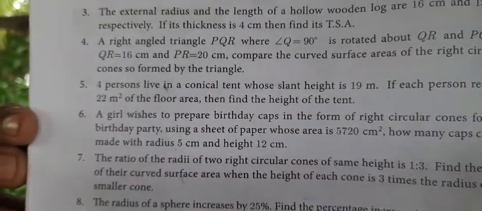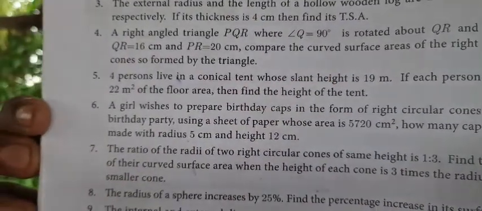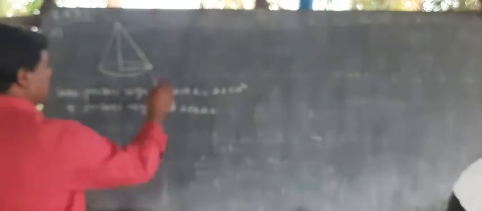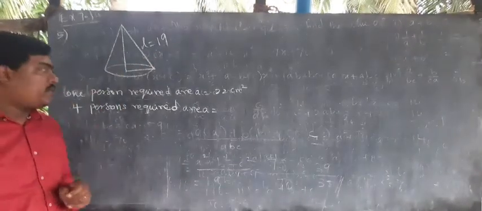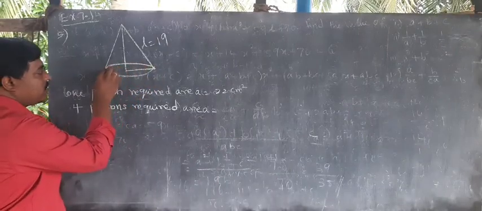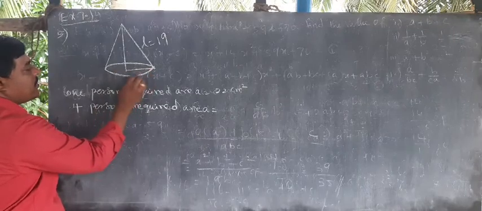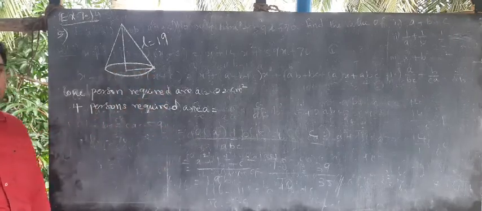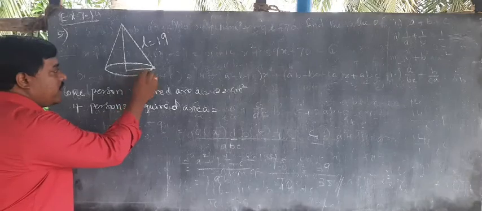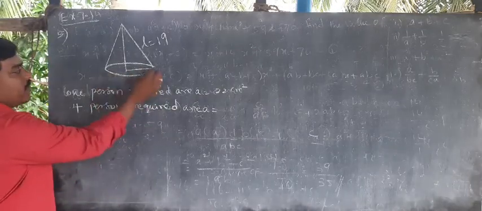Right? So here given is 4 persons live in a conical tent. Slant height 19. Right? So listen, slant height 19 is given. This is the conical tent surface area, right? Here 4 persons are living. For one person, they need 22 meters square of place. So for 4 persons, the living area in the conical tent,